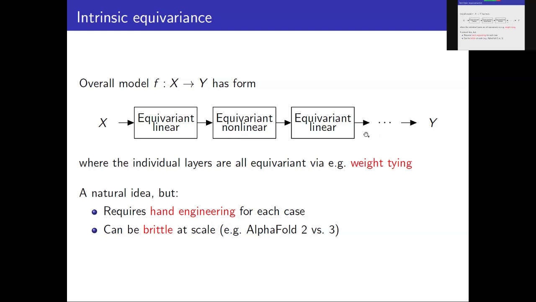So it turns out that this approach, at least to date, has demonstrated it needs quite a lot of hand engineering for each case. So for each group action that you're interested in, so how it transforms the images, you need to do something quite different in each case, basically. And so you end up doing a lot of low-level hand engineering for each specific configuration. As a result, perhaps,